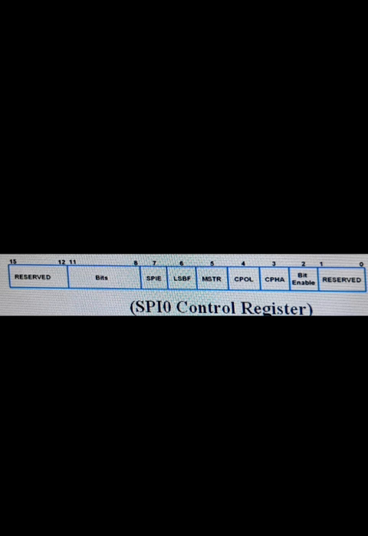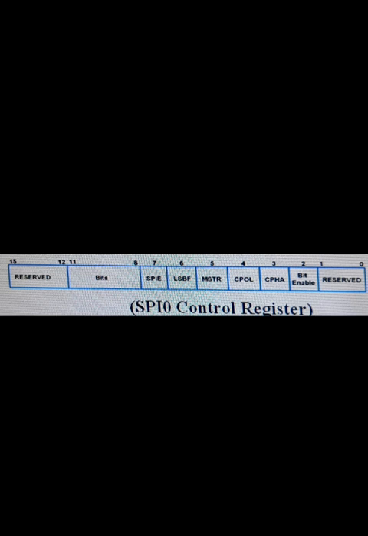Bit number 4 is the CPOL, clock polarity. When this bit is 0, the SCK is active high and the leading edge is rising, whereas when bit number 4 is 1, the SCK is active low and the leading edge is falling.